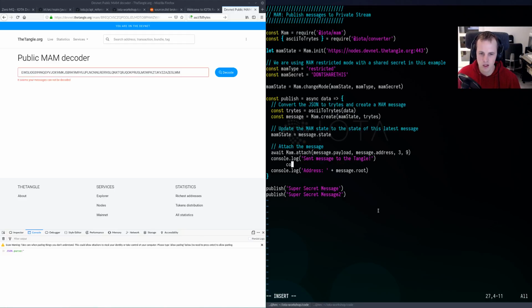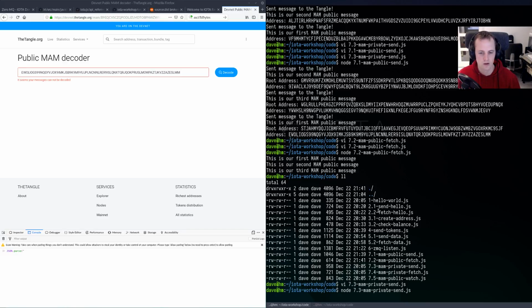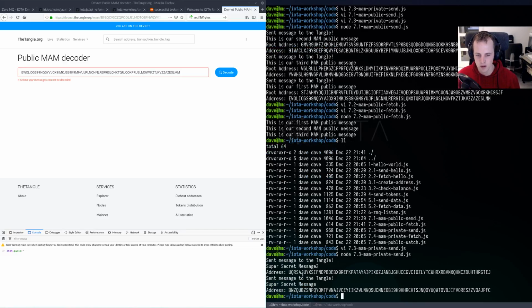And here I will log as well what our message is, so we know which one is first. Super secret message 1, super secret message 2. Node 7.3. There we go. We won't be able to look it up here, but